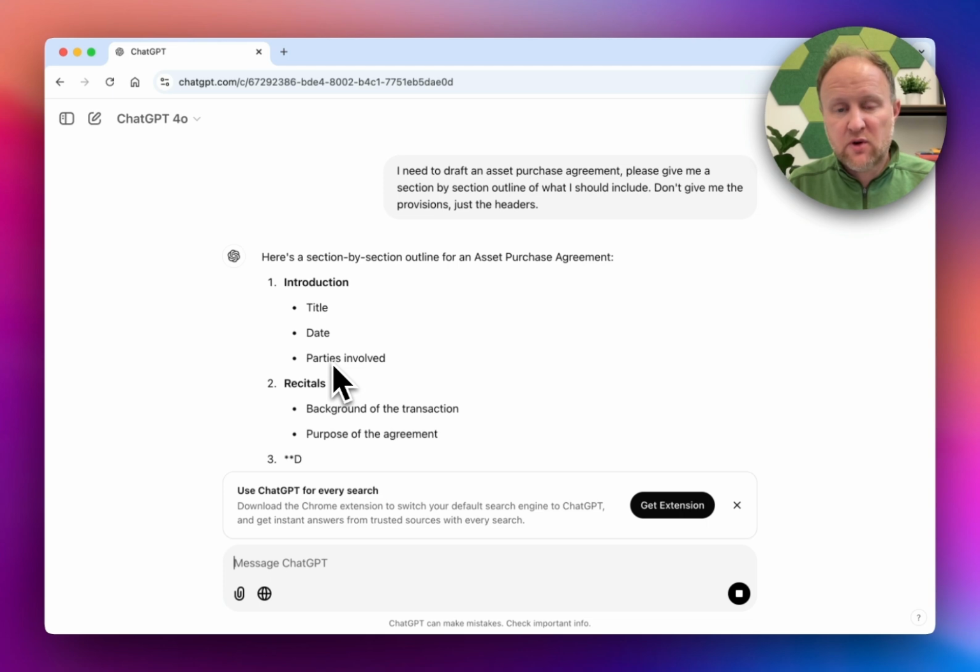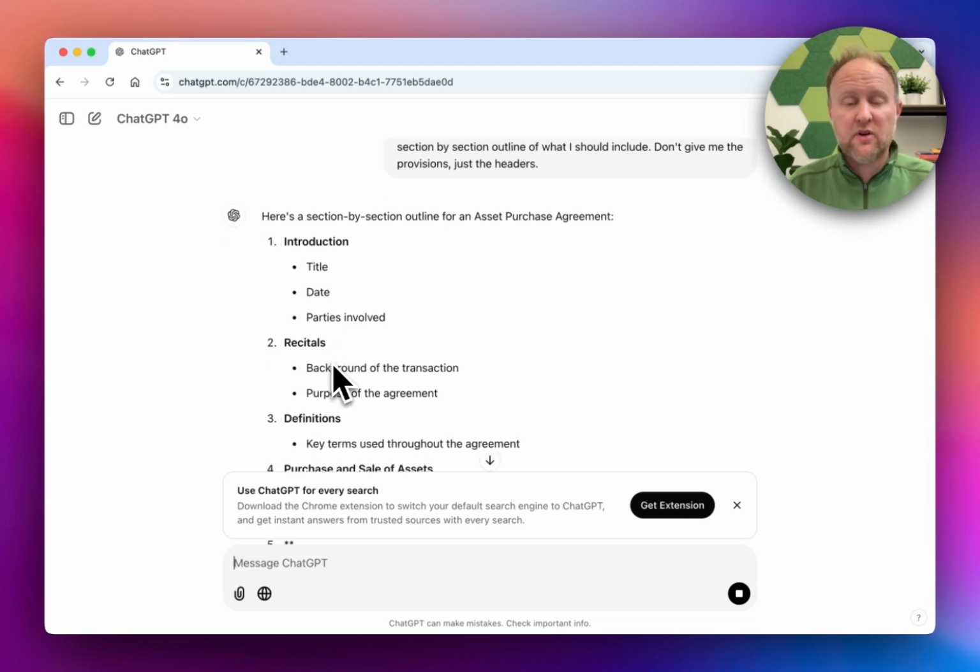So what I use this for a lot is brainstorming, for exploring different things that I could be doing within an agreement and so on. I don't use it so much for drafting. I mean, I have a little bit, but for the most part, I'm using it for brainstorming and research purposes. So here is an outline of an asset purchase agreement. Now, I've done a lot of these. I have my own templates that I almost always work from, but you could see why if you don't do these normally, or if you're expanding into some new area, or if you're a new lawyer, this could be very helpful.